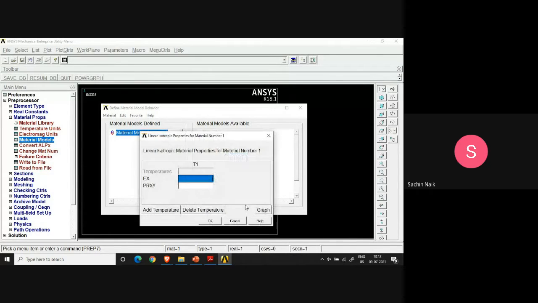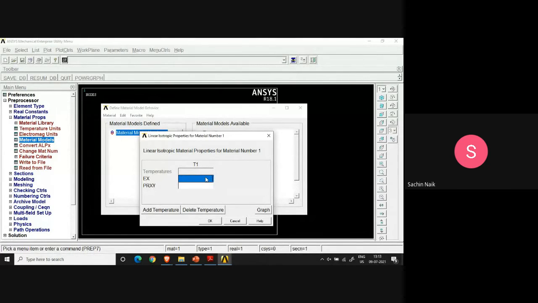If you have such a material, there are only 2 constants required to define the material behavior, and they are the Young's modulus and the Poisson's ratio. Therefore I define the Young's modulus. Although we can call it 200 gigapascal, we have to mention it in appropriate units.